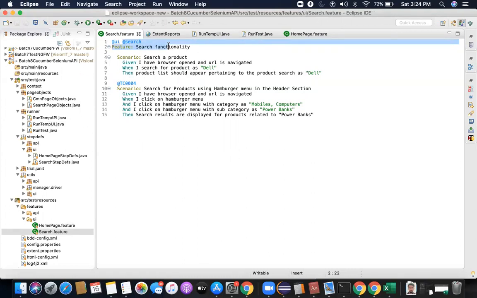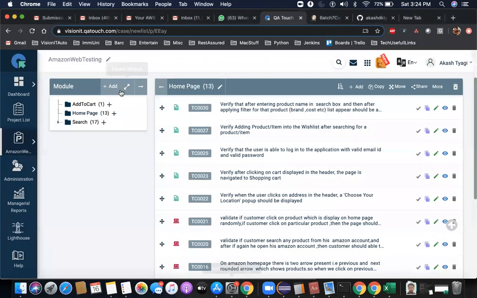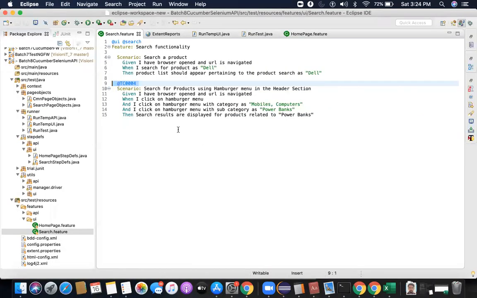And third is your low level test case tags. Each test case is tagged with its relevant test case ID, which is present in QA Touch or the test management tool. That is how we are going to manage these tags, and it's a very good practice, so I think you all should be doing it.